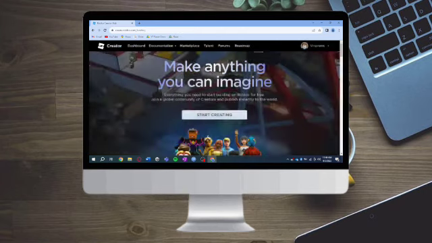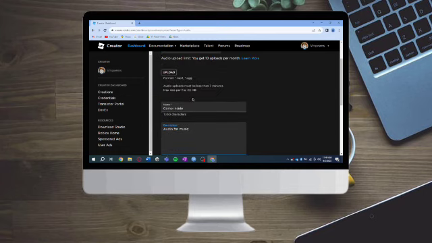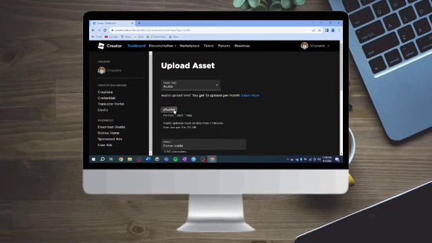So right now let's upload a file by clicking this upload asset, and then let's use this asset type photo. You can choose the name, so for example come inside, and then you can add in a description, audio for music, and then you can upload. So let's click on upload right here,